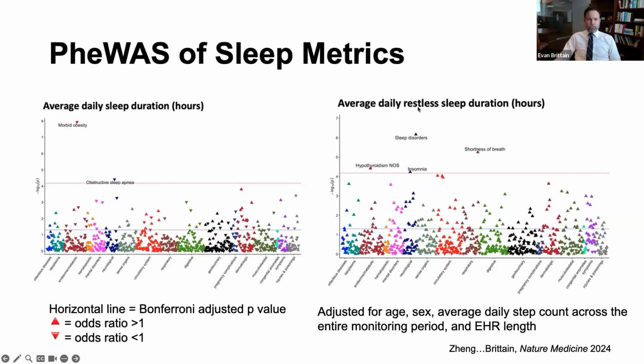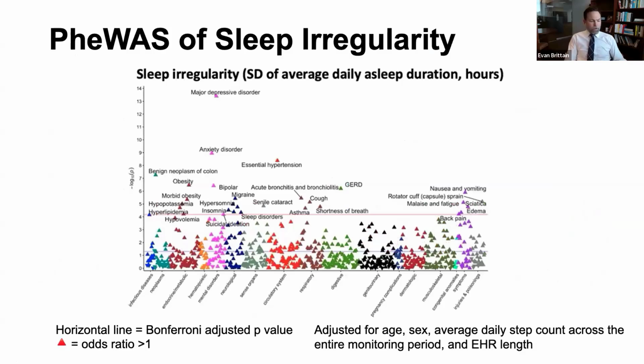Reassuringly, as restless sleep increased, there was more likely to be a diagnosis of insomnia or sleep disorder. So that was sort of an internal reassuring control. This was probably one of the more striking findings, and I think probably the most clinically actionable as well, is